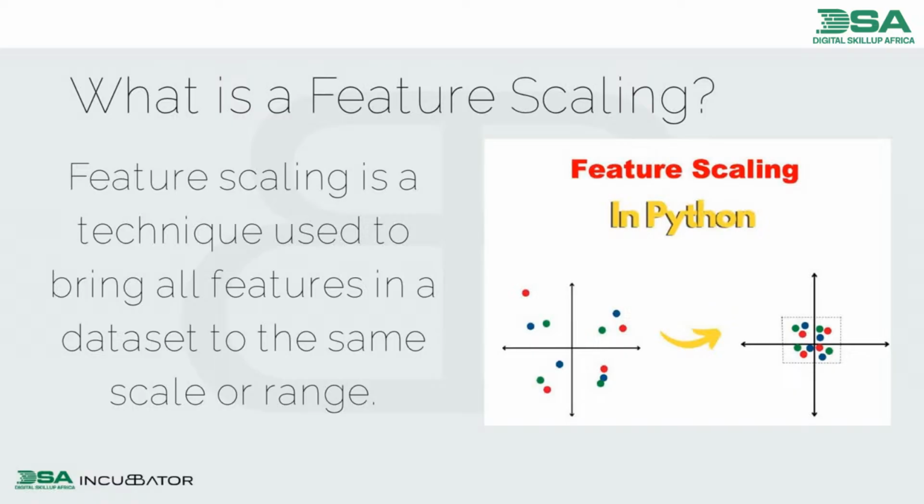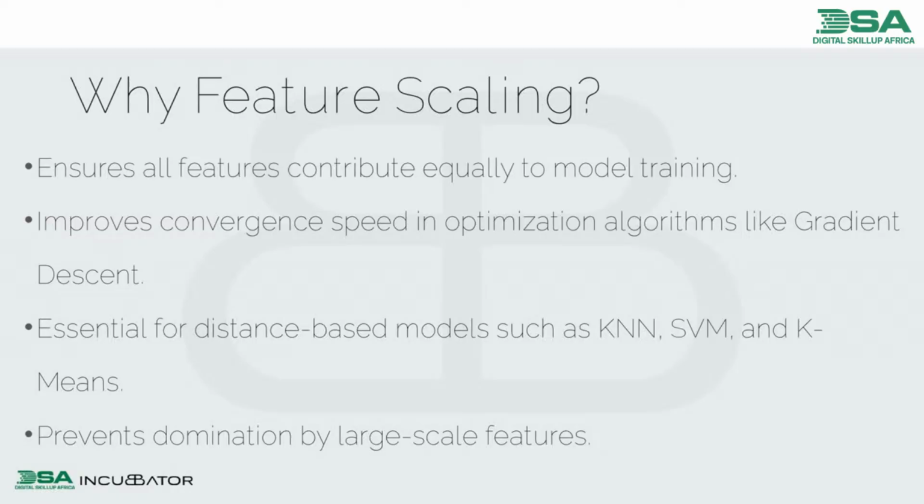So when we want to scale, you can see these guys are scattered and we brought them together into a particular place. So this was where we talked about why feature scaling. These are problems you will find out when you are working on your project. You find out that your features are not well scaled. So these are part of your data cleaning and all pre-processing, some people call it data cleansing, whatever name you call it. So you have to put that there.